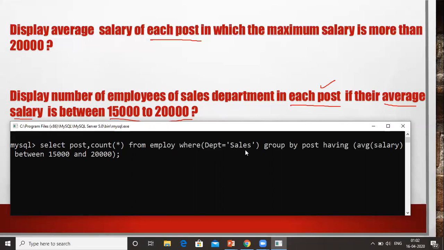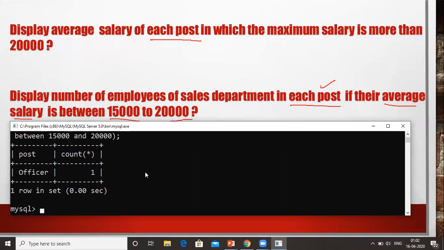So all the sales department managers are in a separate group, all the sales department clerks create another group, and all the sales department officers are in another group. So 3 groups are created on the basis of the post, but only from the sales department. Once all the groups are created, it will find in each group where the average salary is between this and this, then only that group will be selected. So let's see what will be the result.